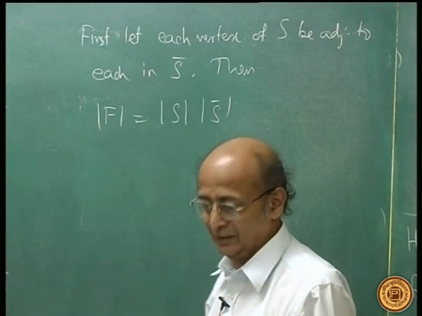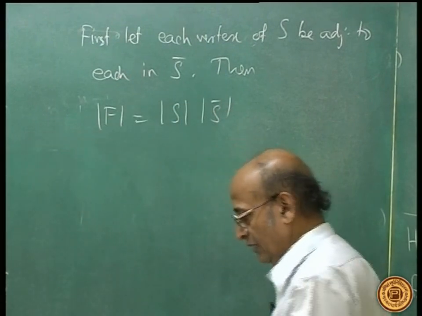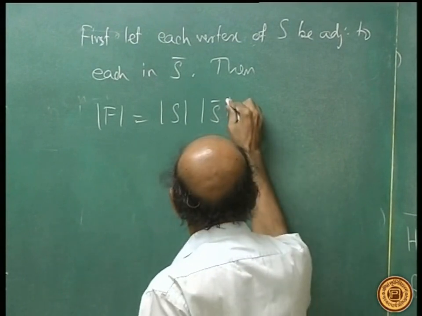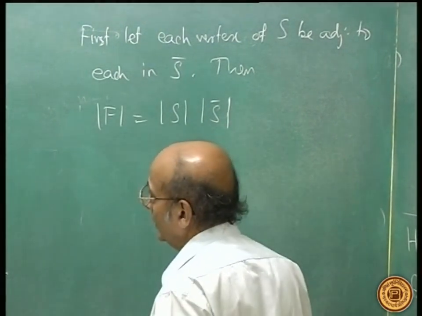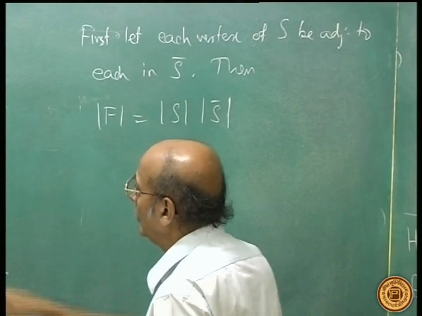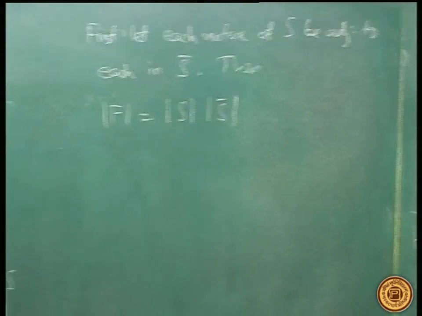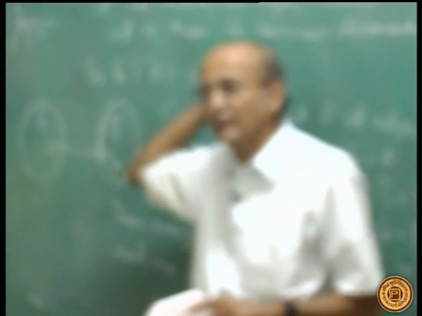That's exactly the situation. S and S bar together form a set of n vertices. So this product, the minimum